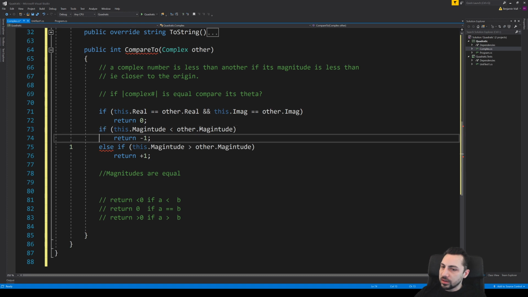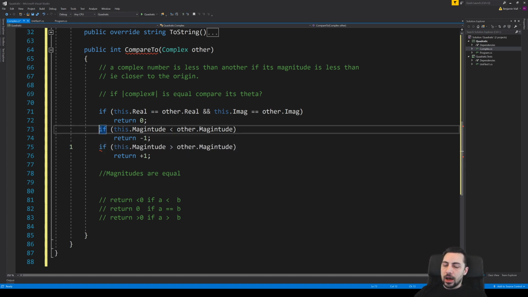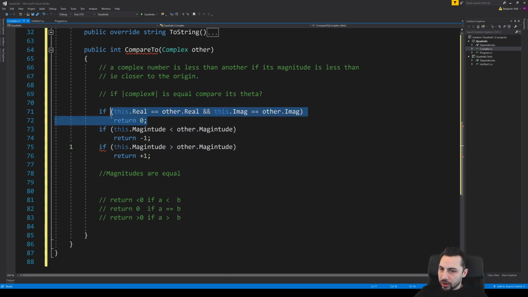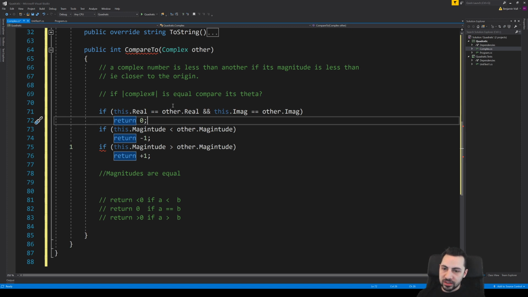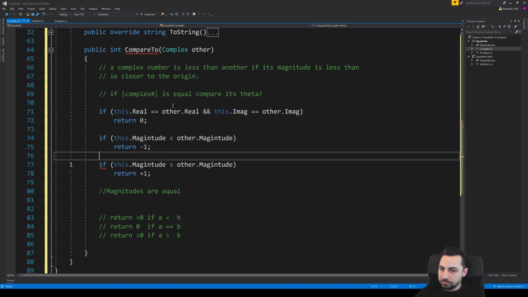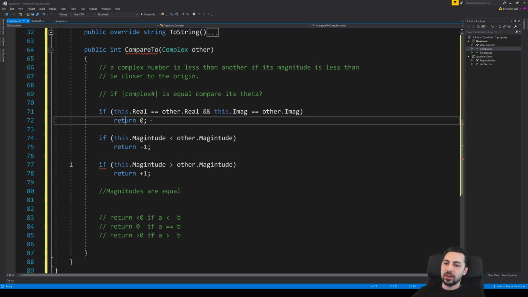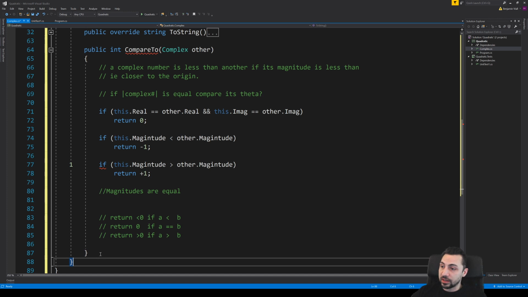Whether I put an else here or not, it's either going to return or it's going to skip down, which is the same functionality you get by saying else if. So this is preferred. There's no wasted comparison here. It's just going to short circuit evaluate. So if it tests true, it's going to return and skip over everything else anyway.